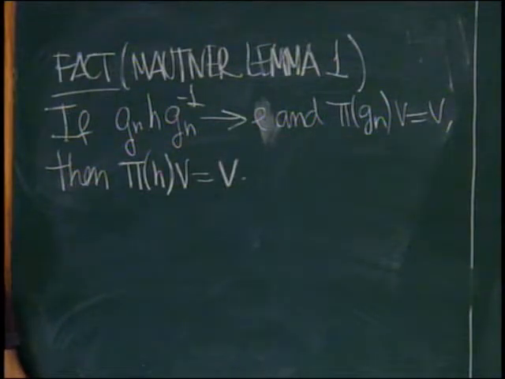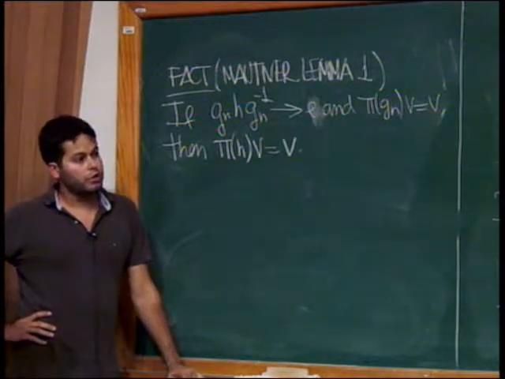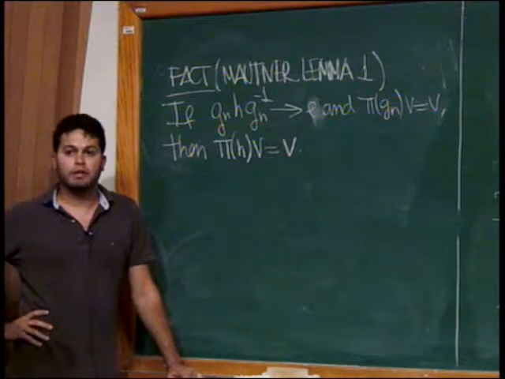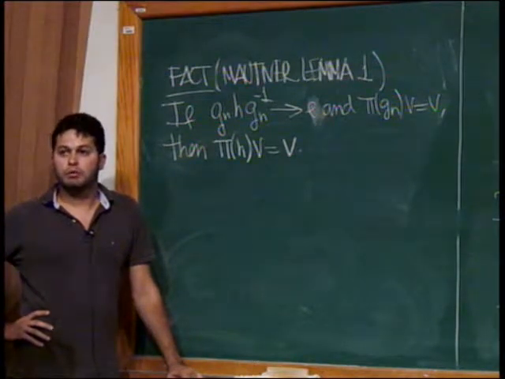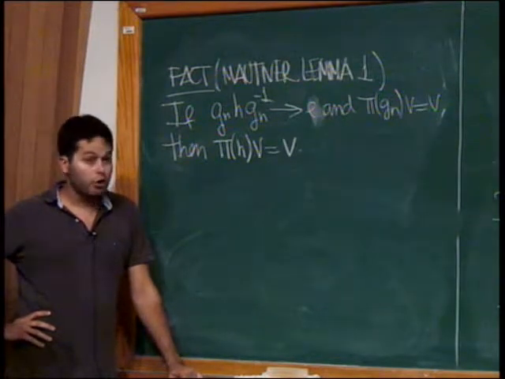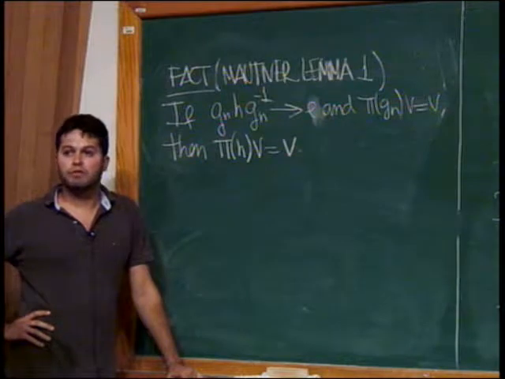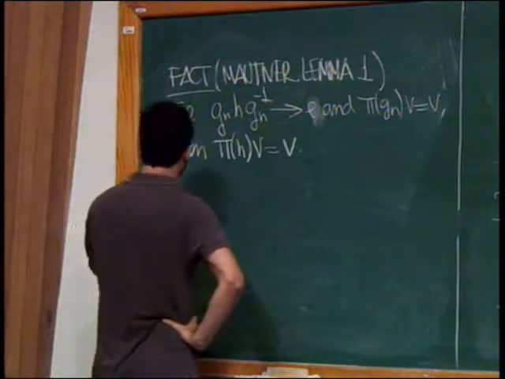So if we prove this fact, we can conclude, since we are assuming that V is fixed by G, that because G renormalizes an element H of the unipotent subgroup, H also fixes V. So every element of U plus is going to fix V. And the proof of this fact,